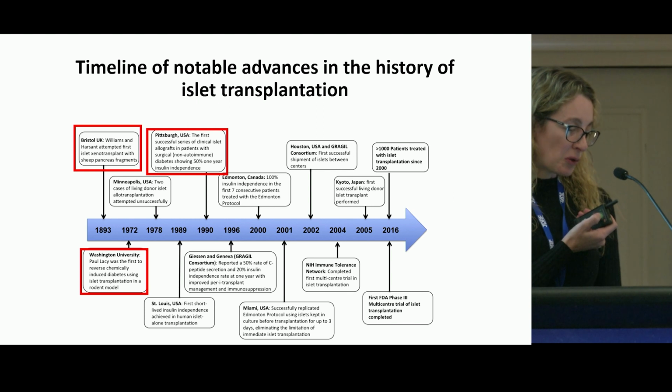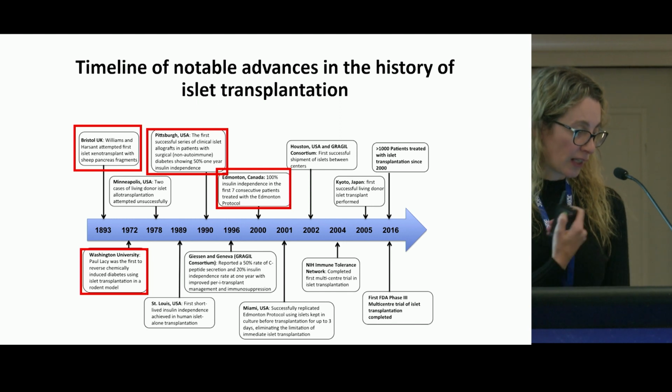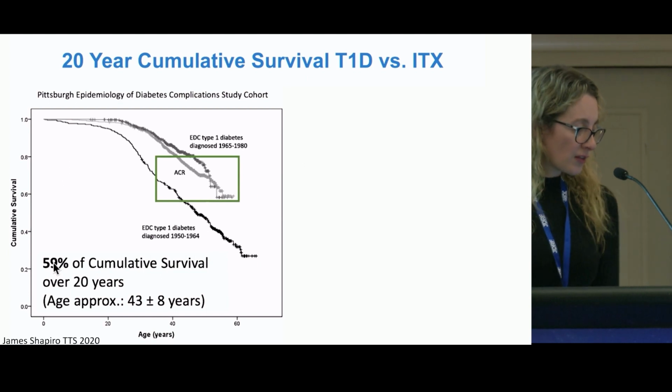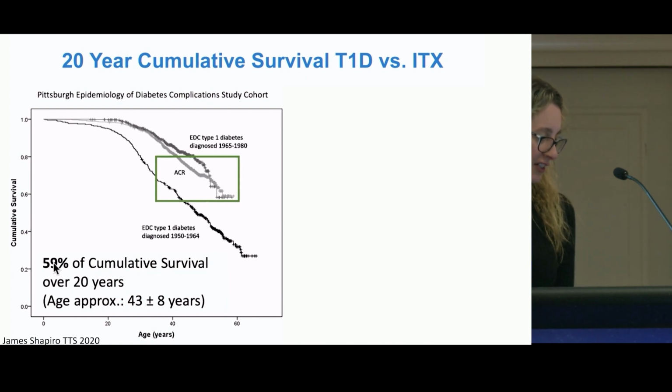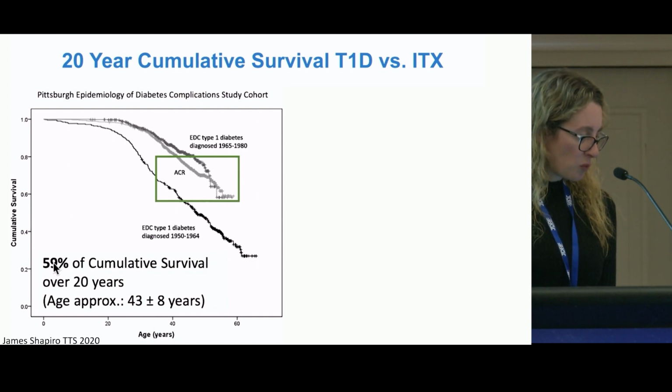And then Paul Lacey isolating islets, and then in Pittsburgh, the first successful series, but limited insulin independence, and of course the seminal study of prednisolone-free immunosuppression in 2000. So this was some data that was actually presented by James Shapiro at the TTS conference in 2020. I have not seen that in a publication, but what they had done is gone back and look at